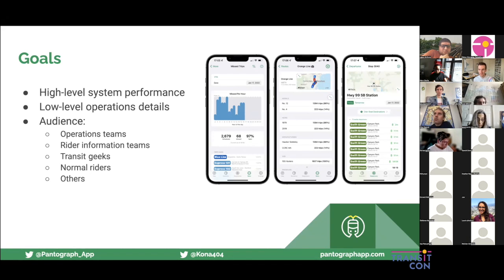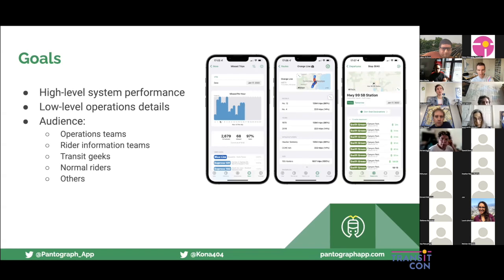I know people that work in a variety of roles within transit agencies, operations and related roles, that use my application because it is simply easier to use or better or more accurate than their own internal tools. Lots of rider information folks use my application as well. People who proactively communicate with riders regarding service interruptions, or who maybe reactively interface through phone calls and such, about their services.